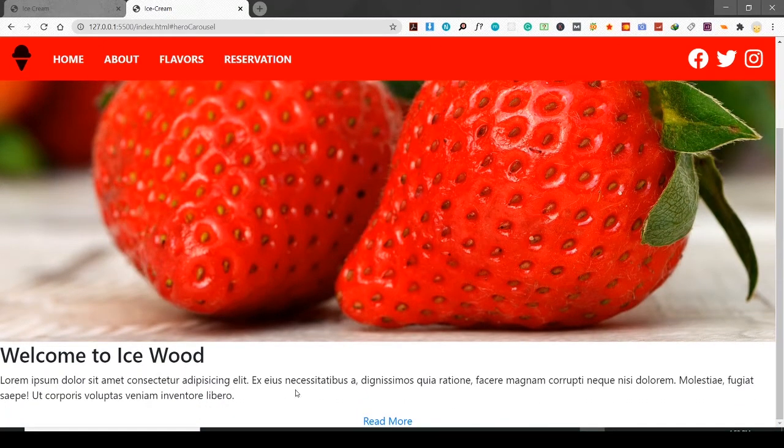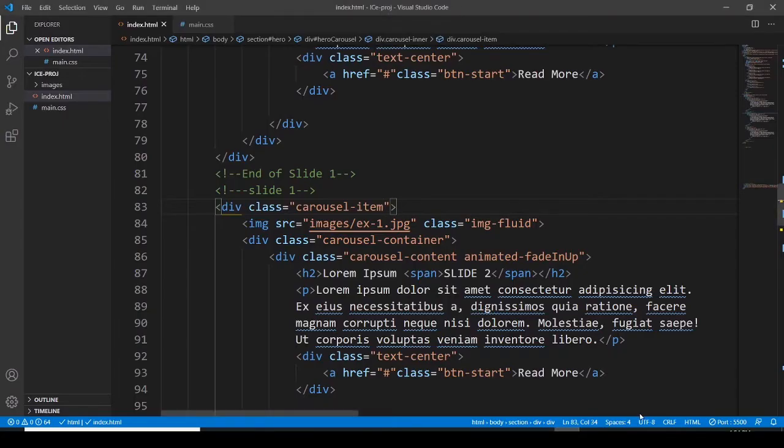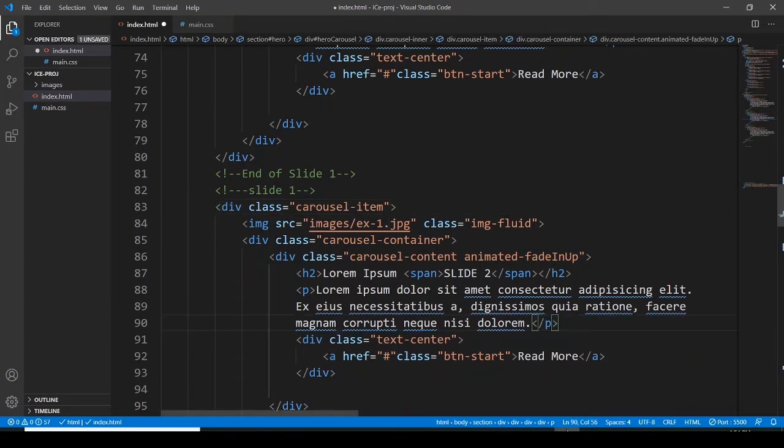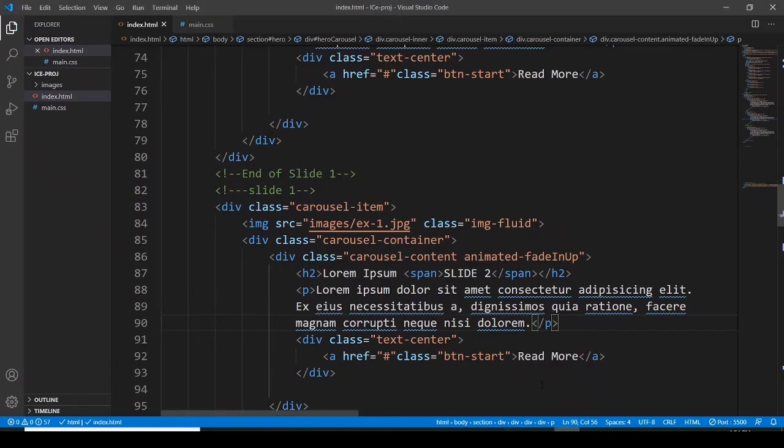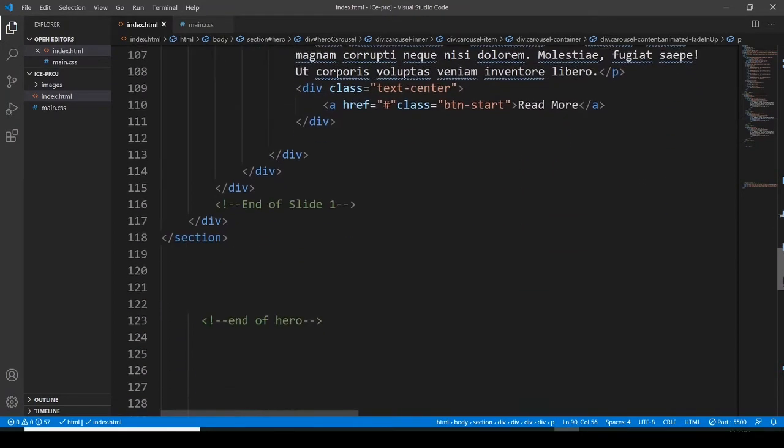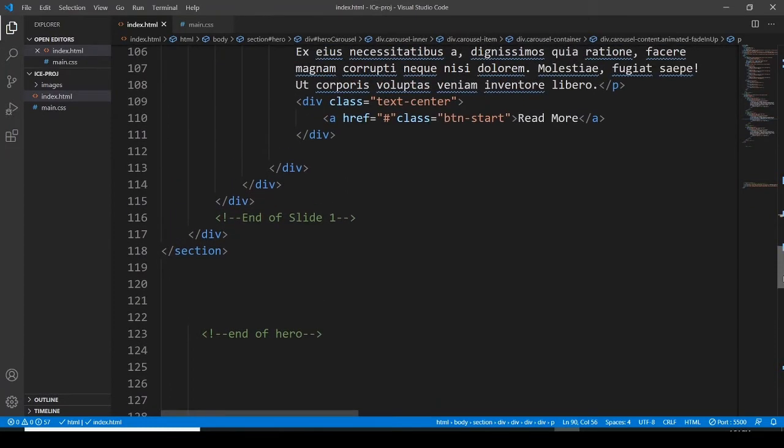This is the text we have written. And now we have to, the text is too much. Okay. So the next thing I'm going to do is create the buttons, the slide buttons. So for that, here in the section,